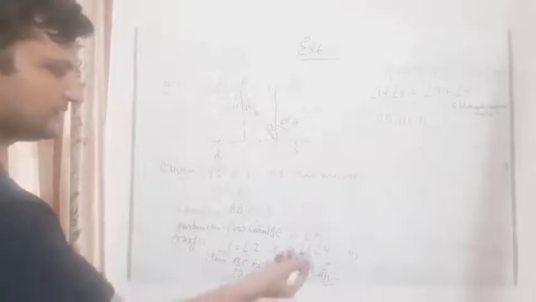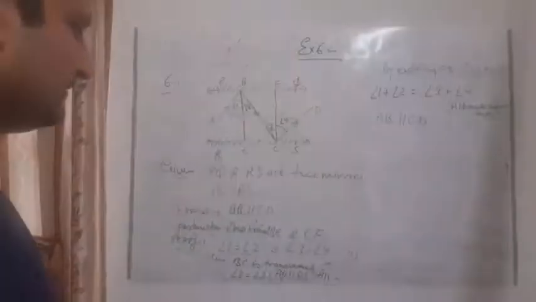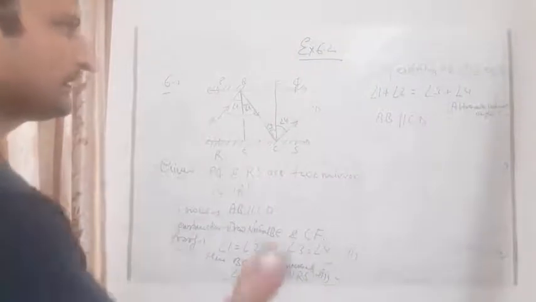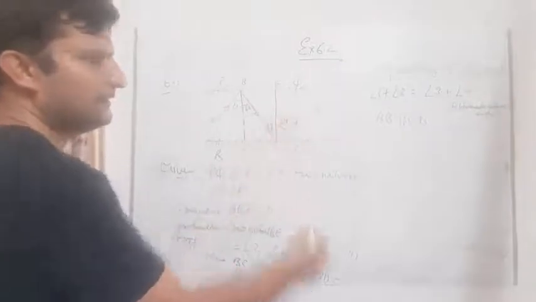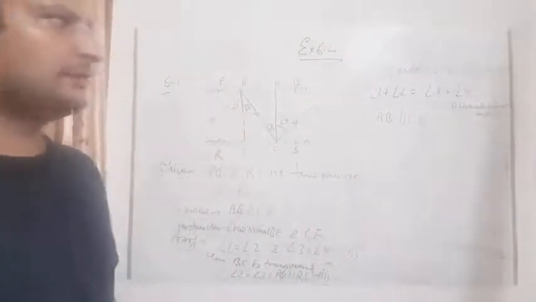So we can say that angle 2 is equal to angle 3 because these two lines are given parallel. So what we did, students, according to equation 1 and equation 2, we solved this. When we add this, angle 1 plus angle 2 is equal to how much? Angle 3 plus angle 4. You can do it like this. It is a very easy question, there is nothing much in it. Then angle 1 plus angle 2 is equal to angle 3 plus angle 4. So these two lines are parallel to each other. AB is parallel to CD.